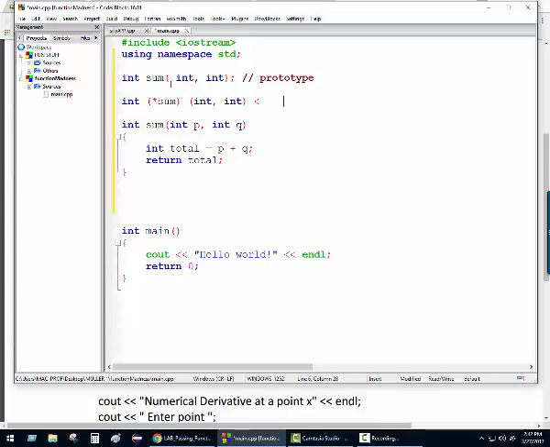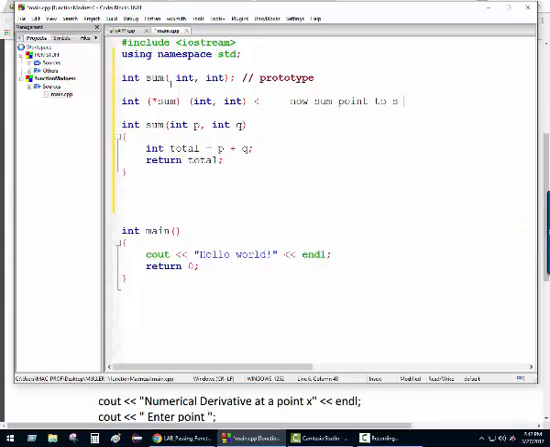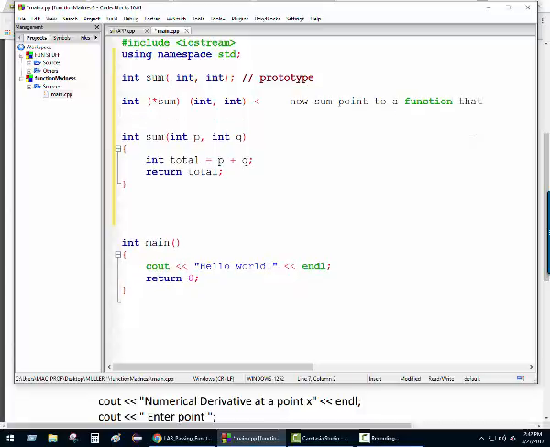This is now sum points to a function that, I should put a slash up, slash, slash, so it looks nice. Otherwise my compiler will yell later. Slash that